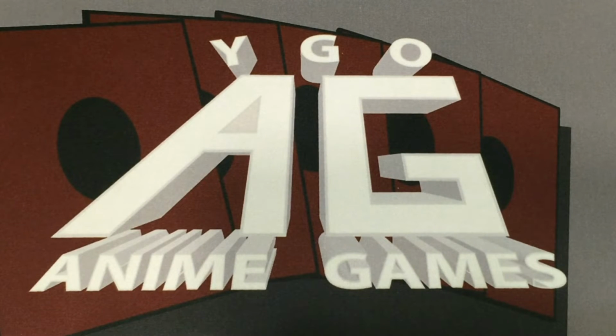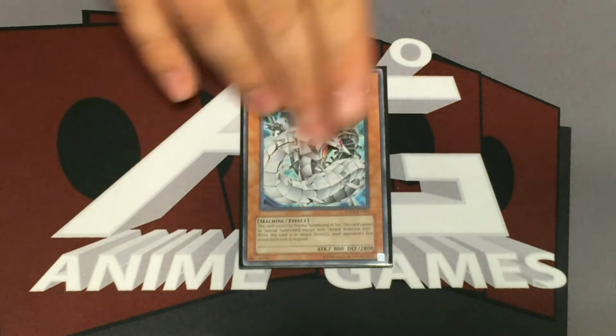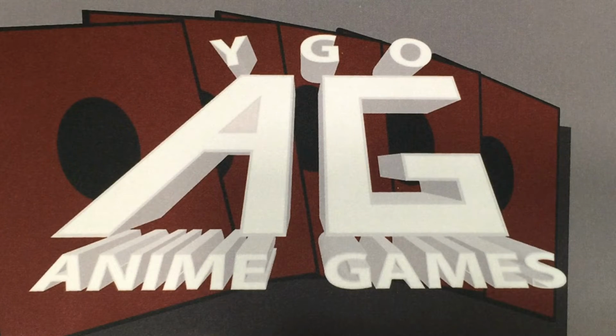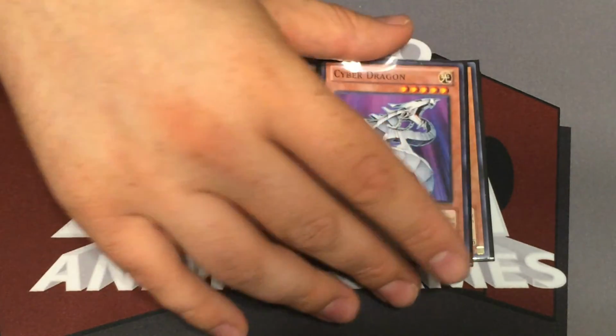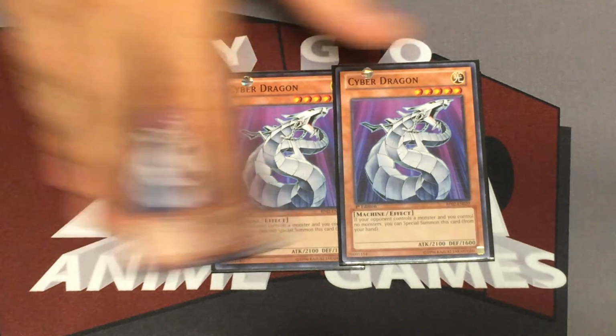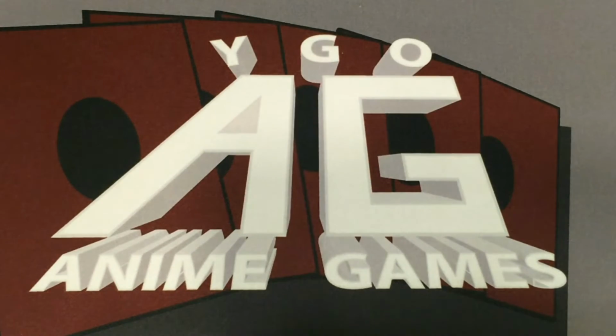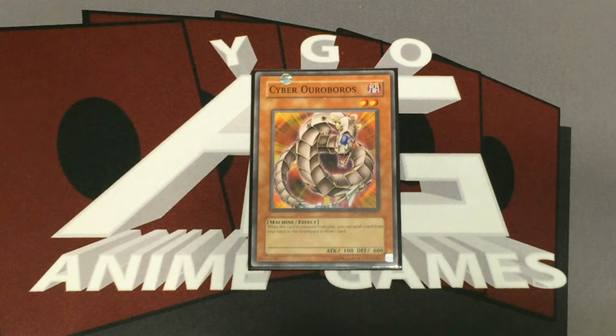Next up is a throwback to his first one, Cyber Barrier Dragon. Obviously, the 3 Cyber Dragons, the core of his entire strategy since the beginning. Cyber Laser Dragon, Cyber Ouroboros,